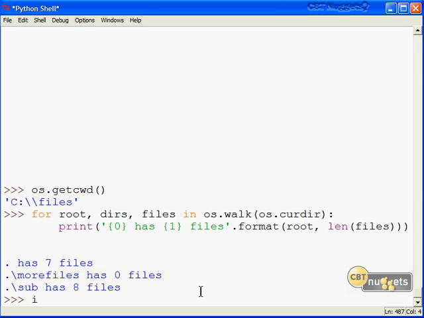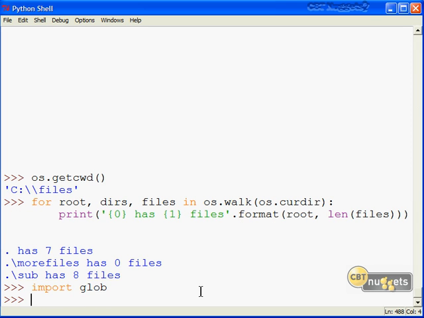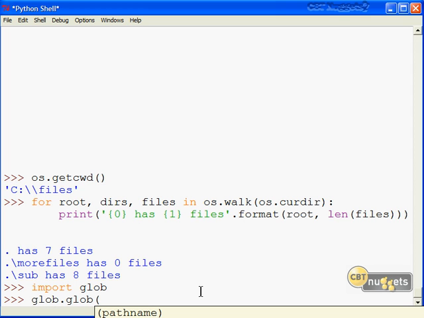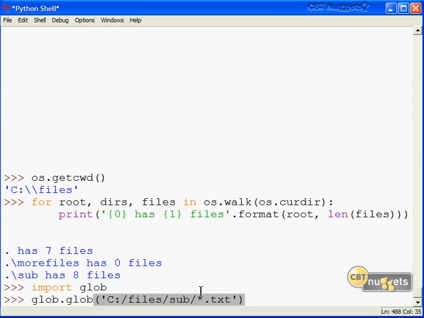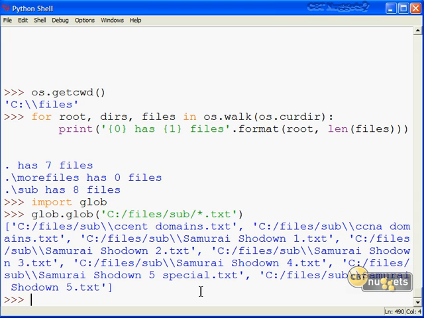Next, without any hesitation, let's import glob. That's a built-in module. And then what we'll do is call the glob function from the glob module. We put in a path name and it returns a list of paths matching a path name pattern. So I'm going to pass in a full path here, files, and then we'll go into sub, and we're just going to grab all of our text files. Now we already know the answer to this, don't we? Yes, but it's nice to see it come back. Now notice that glob gives us a list of strings. We know that we can take this string and do anything we want to it to pretty it up if need be.